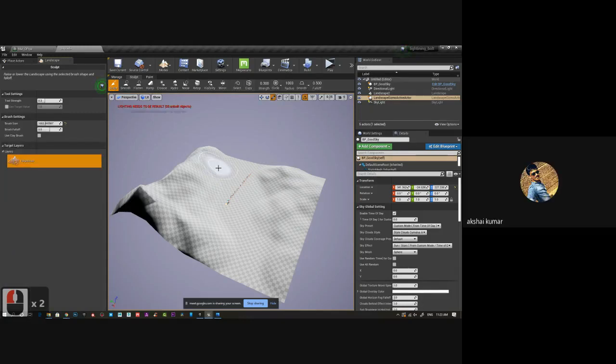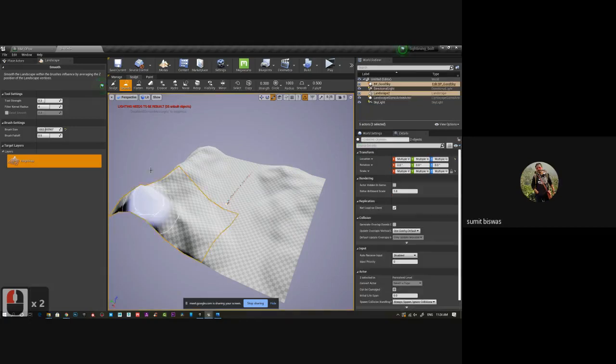If I want to reduce this bump, I need to smoothen it. You have smooth, you have flatten, you have ramp, erosion. All these options are already there, and you can hold control and alt together. It should work, right? It's not working.